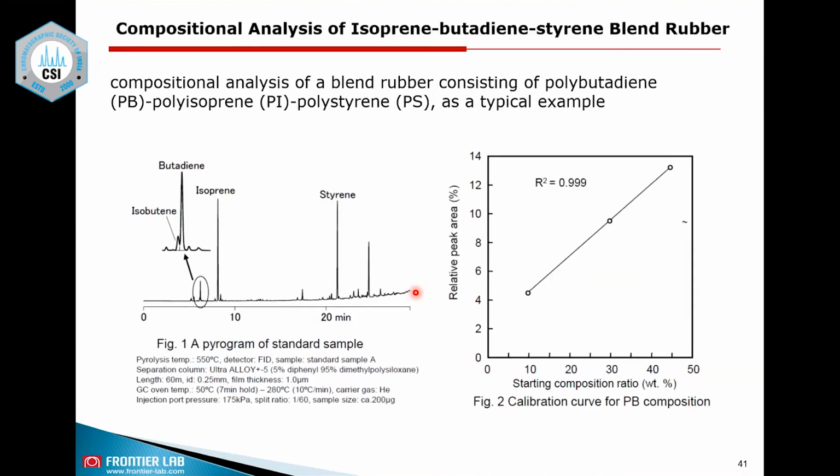Okay, this is another example to add. Even if you are talking about a blend of rubber, it is possible even to the quantification level. As I told you before, mixed polymer analysis is very easy with the Py-GCMS, and even quantification is possible, but for quantification you have to create a calibration graph for each type of polymer with a different composition. Then when you do the unknown analysis, you can easily tell